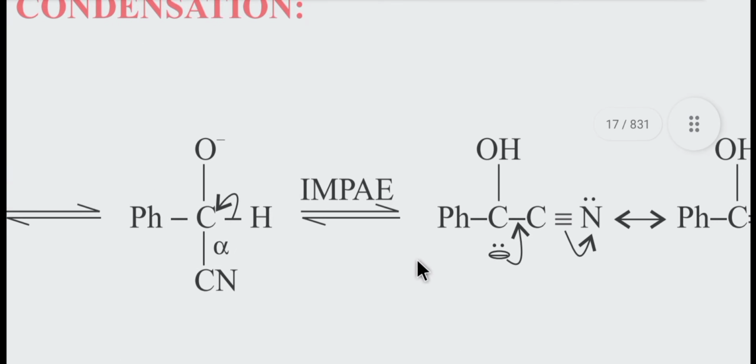So the reaction will be like that. Here C is triple bonded to N, the nitrogen, and this C is bonded to this carbon. This carbon will have a negative charge due to intramolecular proton exchange, because the proton is an electrophile and is attached to that oxygen. So the carbon gets a negative charge. The phenyl is the same, and that is the alcohol, the hydroxyl group, with the hydrogen shifted from the intramolecular proton exchange.